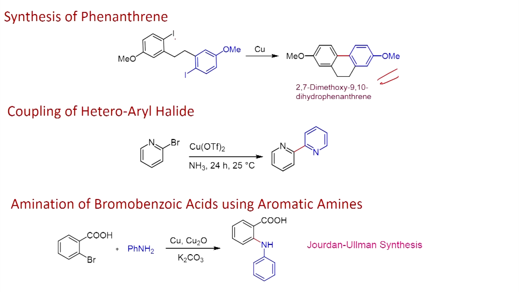Here an example is shown. In this case, the intramolecular coupling between these two aryl iodide carbons, this carbon and this, has been shown. This can be carried out in this way, and you will be able to generate this dihydrophenazine derivative. You can see here first what will happen, as we have just seen, when you react with the copper you can make oxidative addition, then it can react with another copper.